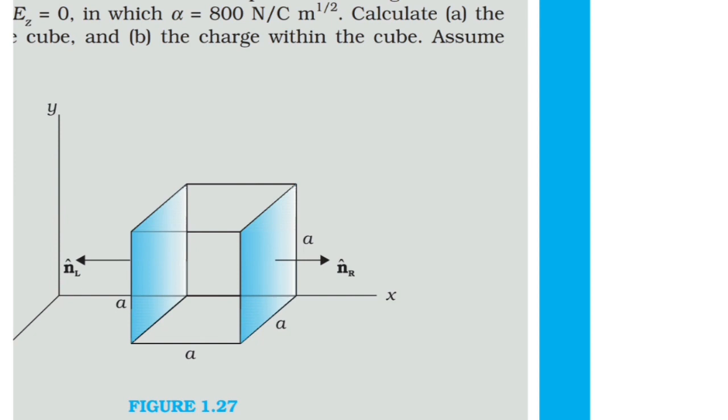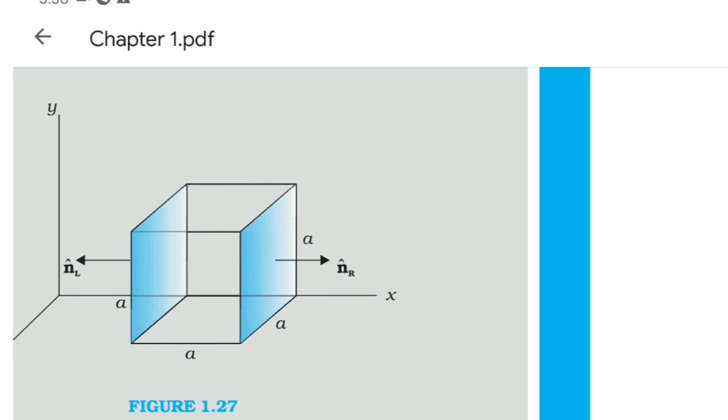It will be 0 because through all the other 4 faces the flux is 0. The field lines are passing only through these two faces, like this, marked in blue. Only through those two faces the flux is passing. Since the electric field is uniform, when you add the flux, one side will be positive and the other side will be negative. So when you add it, you will get 0. In short, the total flux through the cube is equal to 0.